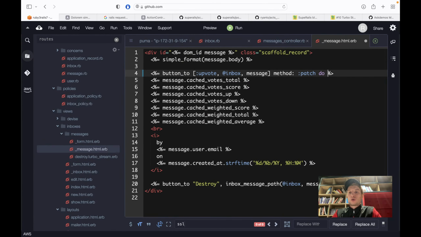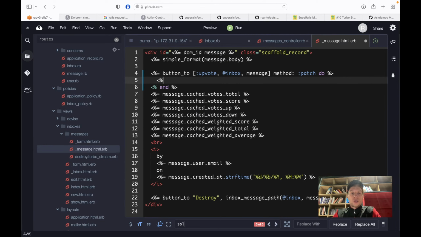And I would just add a block, so do, and I would have some conditional text. So I would have something like message.voted_by_current_user, and we would have something like